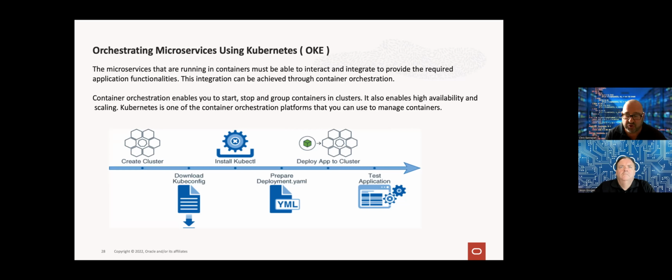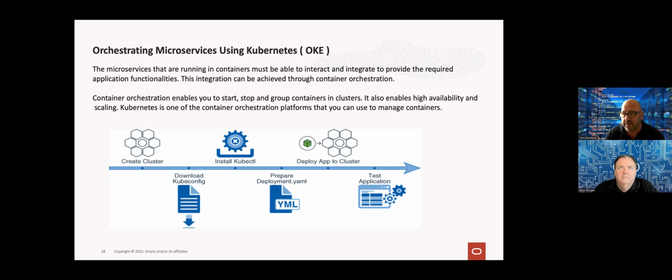Now, the benefit of doing that in Kubernetes is that, as you can see, with orchestration we can stop, start, and scale the application functionality that we don't have outside of Kubernetes. So when you just containerize a microservice, you can't easily scale that microservice. Yes, you can create another Docker container, but it's done manually. It's a bit more difficult to scale it up and scale it down.